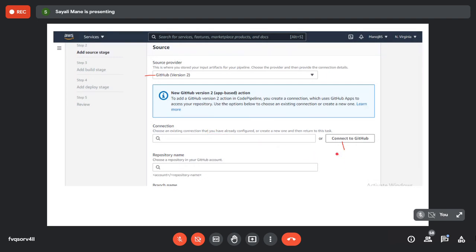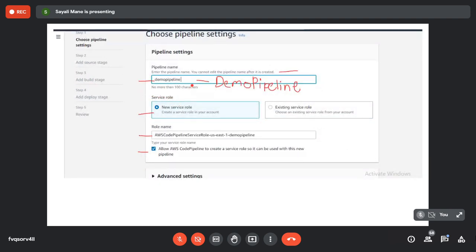Ma'am, Shubham Palav is not getting role name. Shubham, do one thing. Just go back again. See here. Again, type demo pipeline or simply type any name which contains a capital letter, or refresh the page. Try to refresh the page and please see once again.